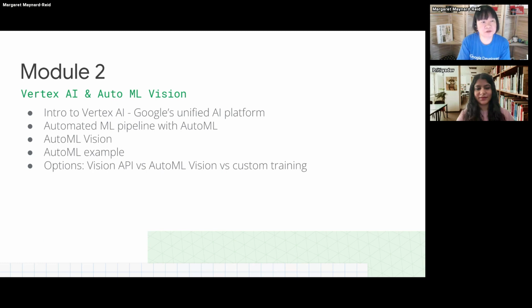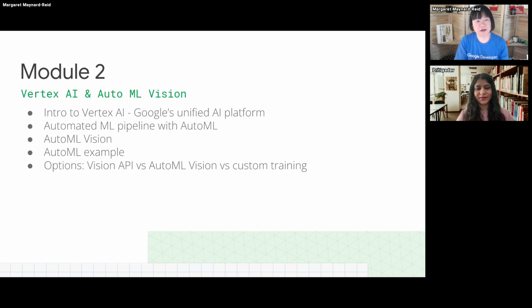And then in Module 2, you get an intro to Vertex AI, Google's unified AI platform. It also talks about why Vertex AI is important, what it is, and how to automate an ML pipeline with AutoML, and then an intro to AutoML vision, and gives an example.